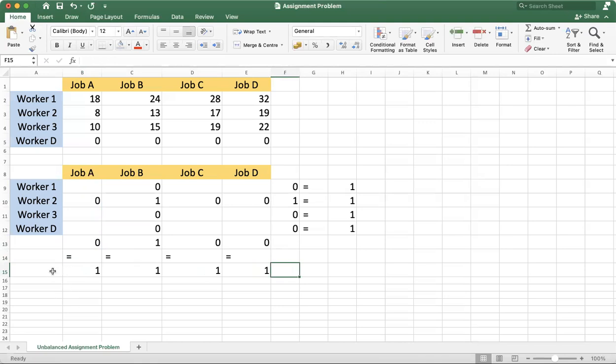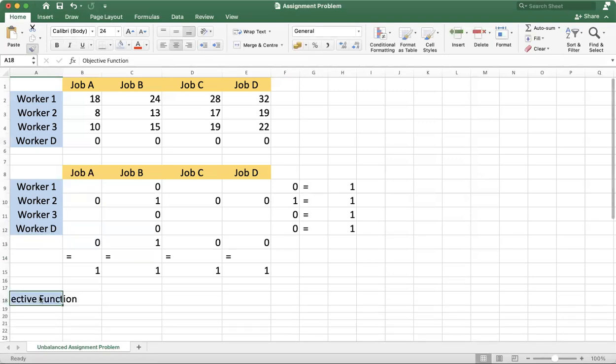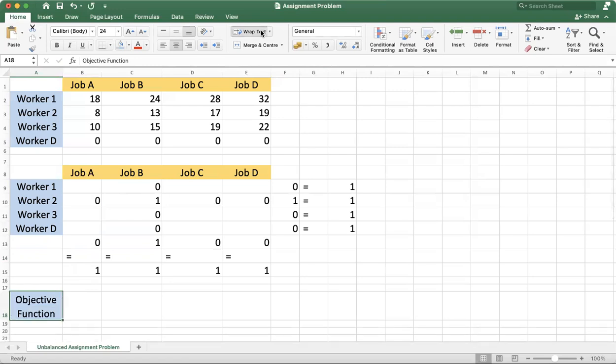Now we have to set our objective function. The objective function denotes the total assignment cost.